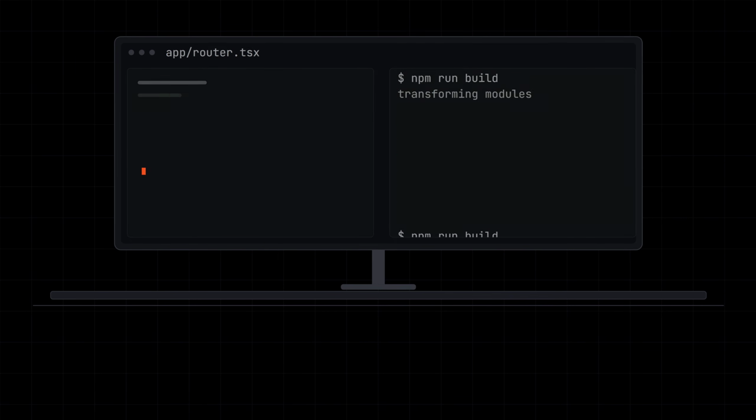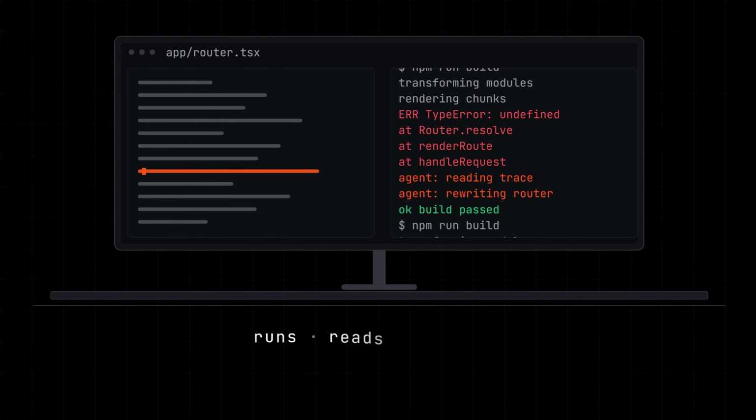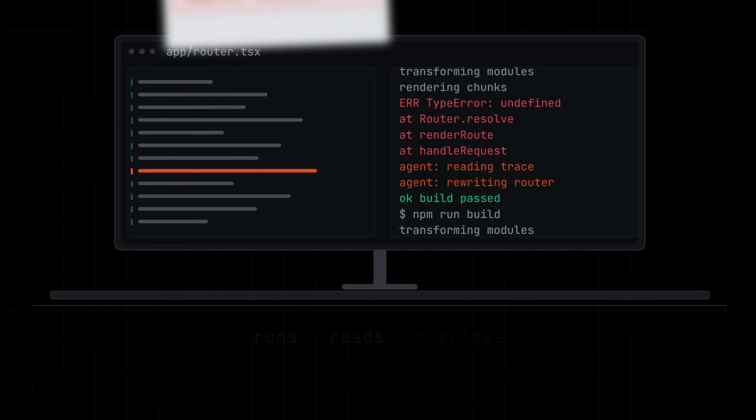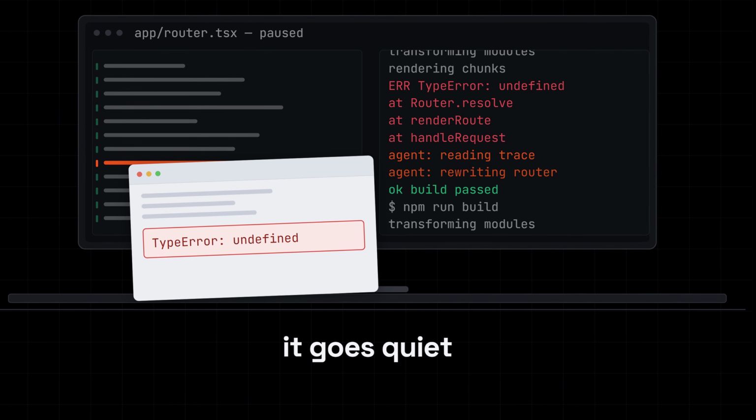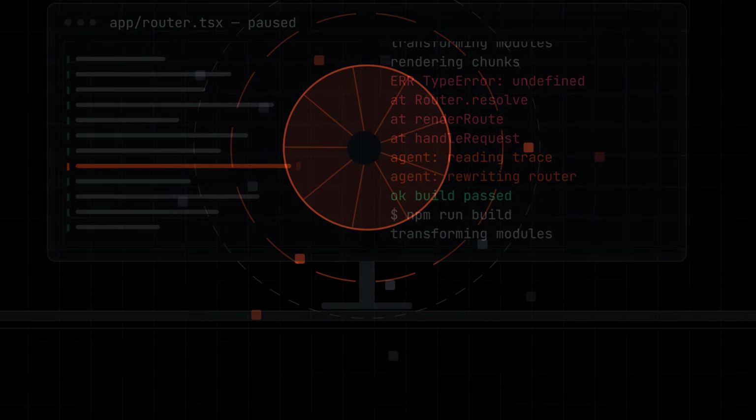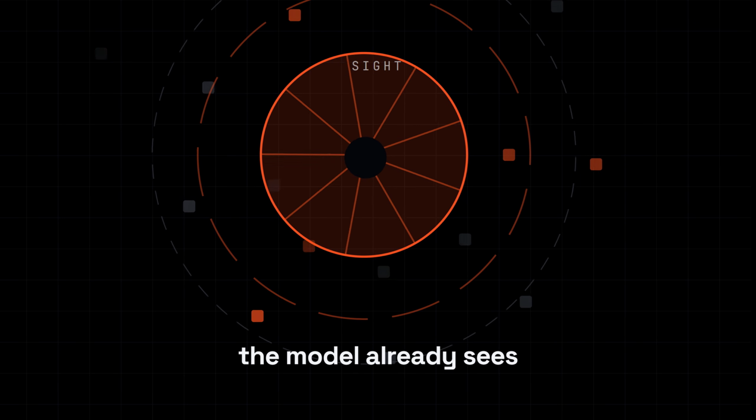Your coding agent can run your build, read the whole stack trace, and rewrite the file that broke it. Then you hand it a screenshot of the actual bug, and it goes quiet. It cannot look at the picture, which is strange, because the model underneath it learned to read images years ago